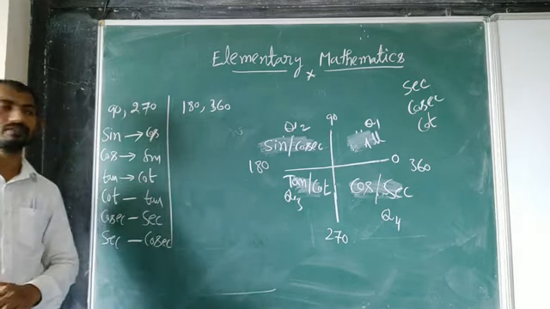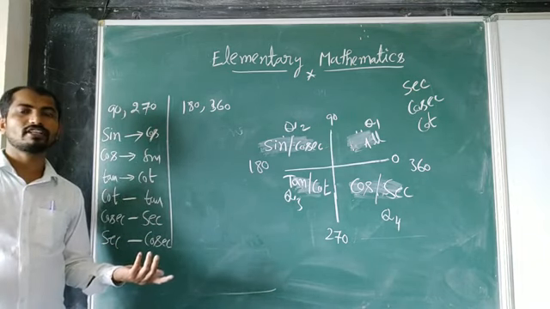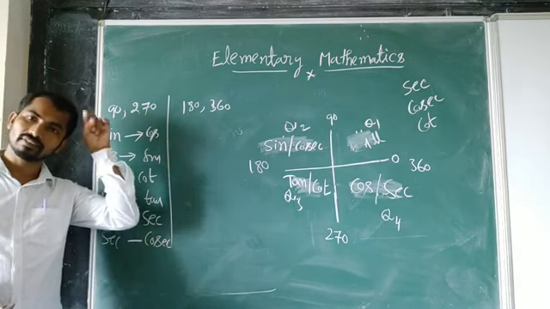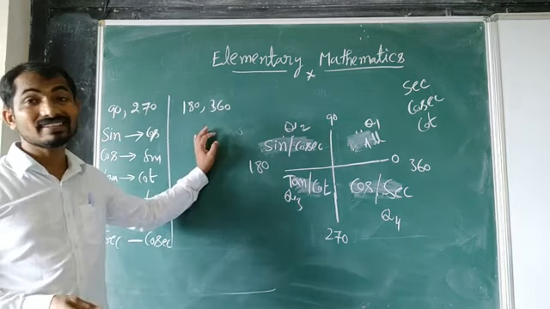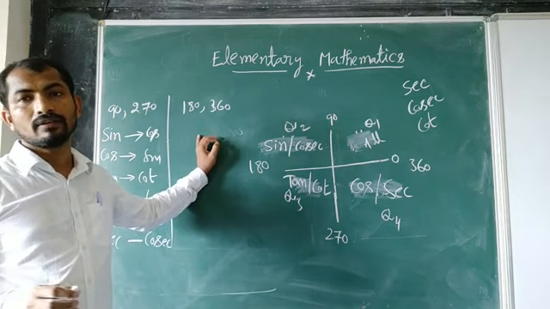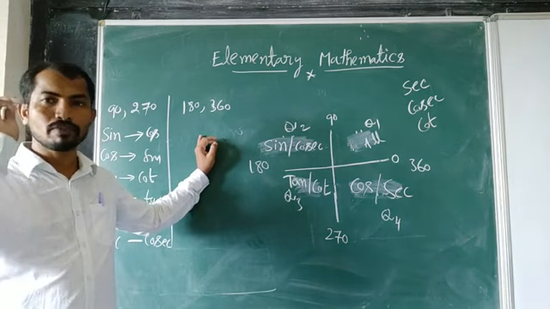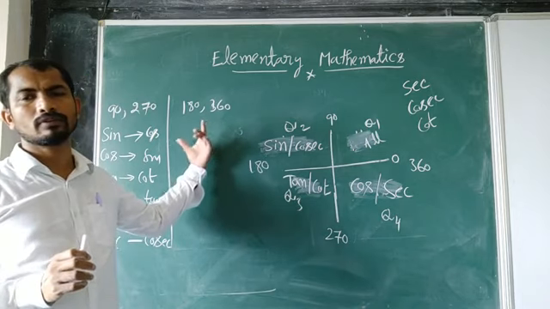So this conversion you have to remember. Okay. And in the case of 180 and 360, I told that there is no problem. Whatever base function is given, the answer also will be the same function. Okay, इसमें कोई दिक्कत नहीं है. ठीक है. 180 360 डिग्री के लिए बेस फंक्शन में वन का फंक्शन होगा, आंसर में भी सेम फंक्शन आएगा, ठीक है, उसमें कोई टेंशन नहीं है, कोई दिक्कत नहीं